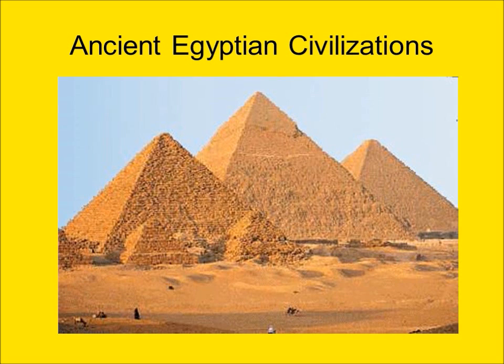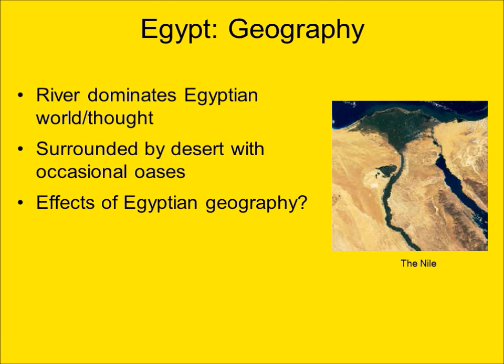This lecture provides an overview of the history of ancient Egyptian civilizations. When studying the history of Egypt, we should keep in mind the important role that geography has played in the evolution of its history. The Nile being one of the most important features of the geography of ancient Egyptian civilizations, even today very important. It was an important source of trade routes.